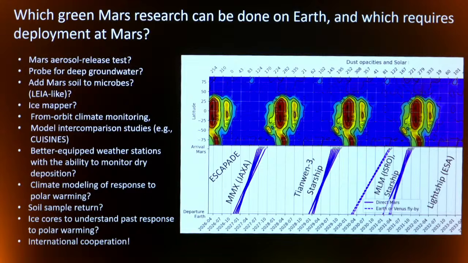If we're going to perturb the climate, we better know what the climate is in its pre-perturbed state. Better equipped weather stations with the ability to monitor dry deposition, a key uncertainty addressed in one of the posters outside. Climate modeling of response to polar warming, which we'll hear about a little bit in the next talk. Soil sample return, of course. We already know the soil is a challenge to life, but there may be additional challenges that we won't know about until we get soil samples back in the lab,